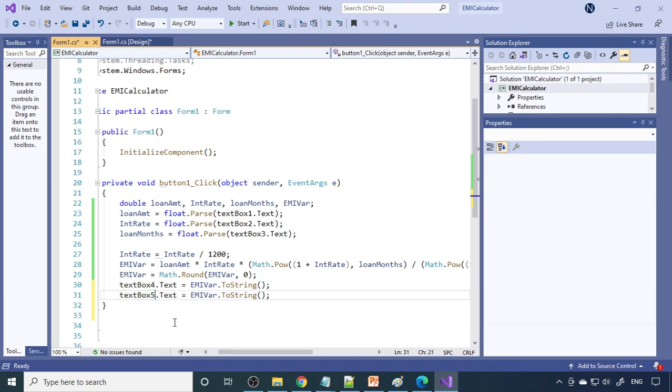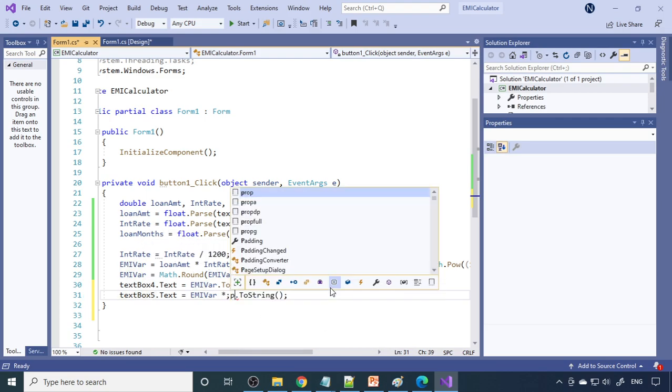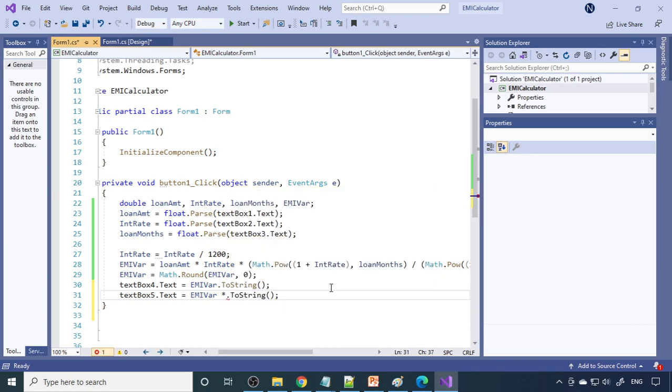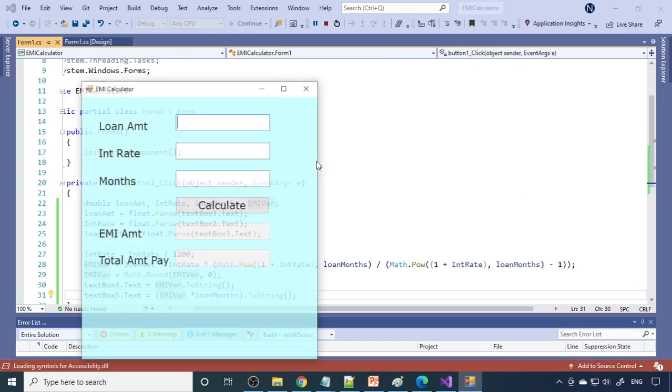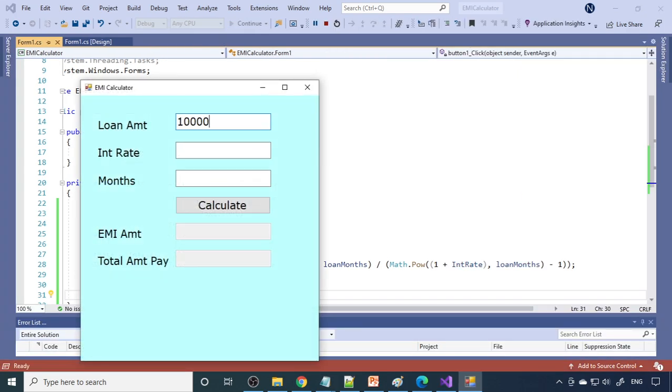So what is the total amount? That is EMI into loan months. Therefore EMI var into loan months. I can have a bracket over here. If you multiply by the number of months, it will give the total amount. So save this and then run. Now it's 1 lakh, rate of interest is 10, and you have 60 months. Then calculate. So this is the total amount you need to pay.